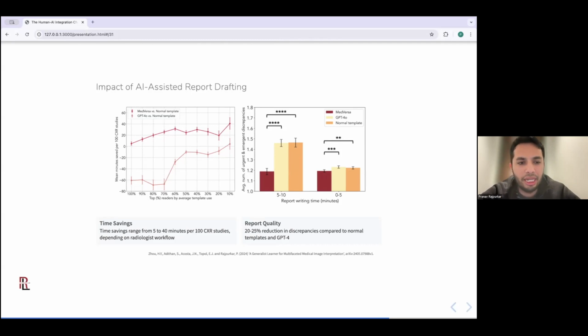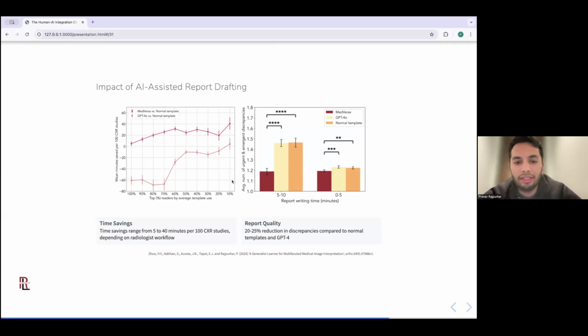What was interesting, if you look at the comparison of the GPT-4o, which is the lighter line, with the MedVersa line here, is that GPT-4o actually produced an increase in the time taken for the radiologist. And that makes sense if you think about it, a worse AI model is going to actually make things more confusing for the reader rather than having them start from scratch. And that's well reflected in the data.